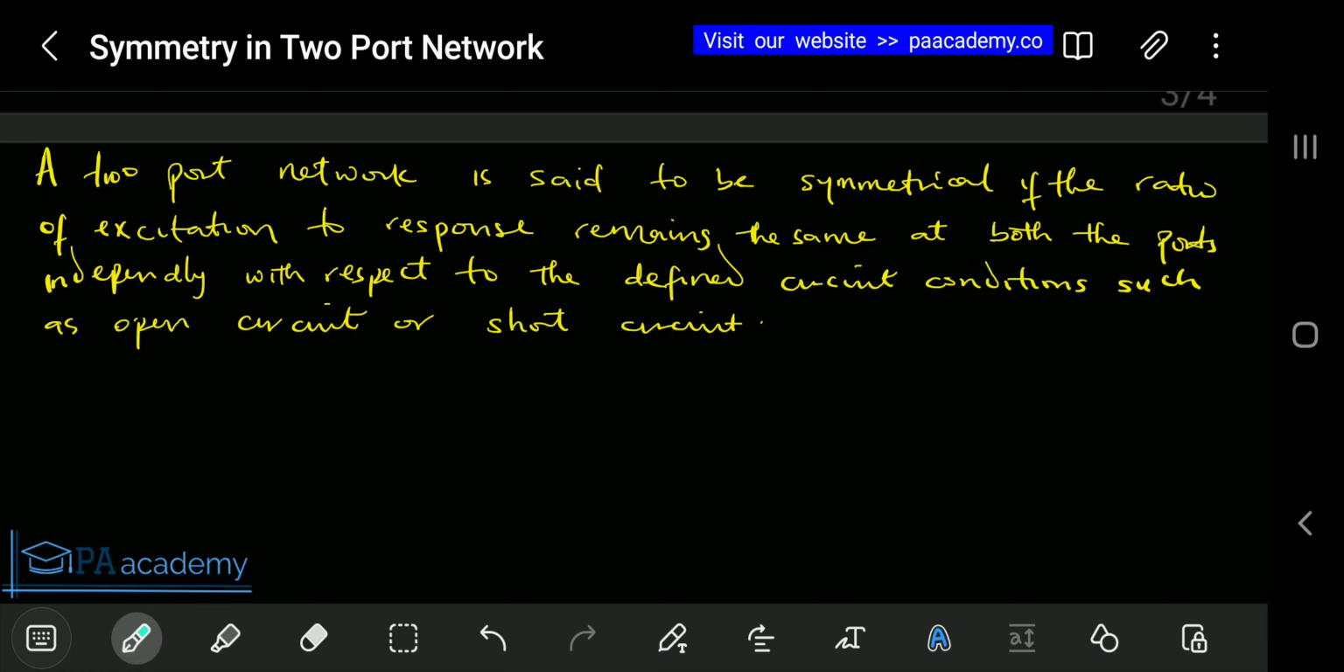So now let's look at what symmetry means. By definition, a two-port network is said to be symmetrical if the ratio of excitation to response remains the same at both the ports independently with respect to the defined circuit conditions such as open circuit or short circuit. Exactly. That's just the definition, but let's look away from the English part of it and look at it mathematically. So when we are checking if a network is symmetrical,